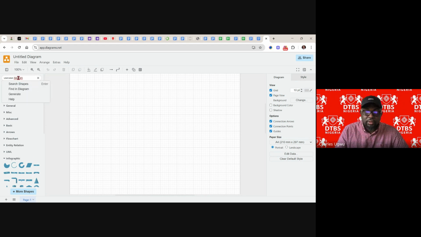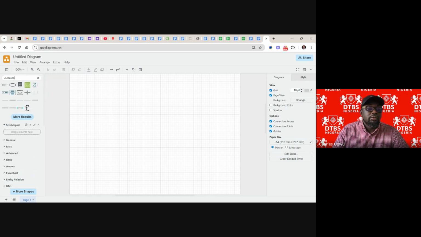Okay, I'll search again. Well, use cases is enough. So yeah, already have this is a use case. I've got the use case shape here. And if I click more,